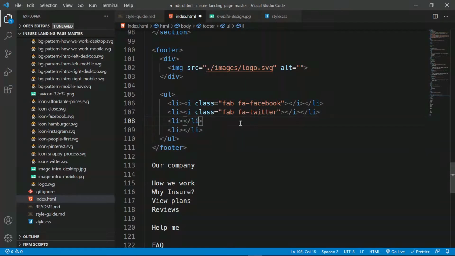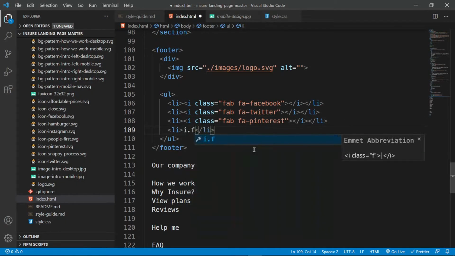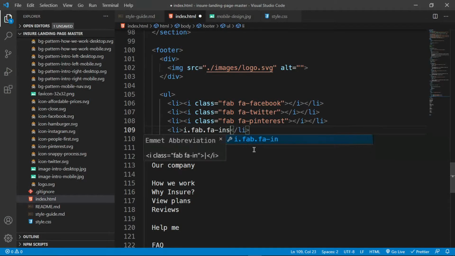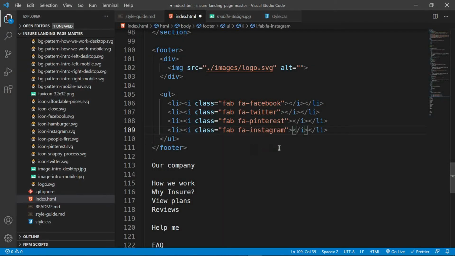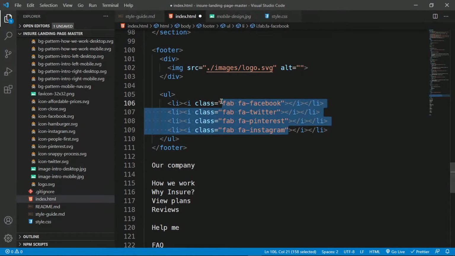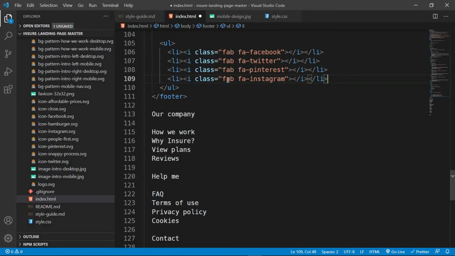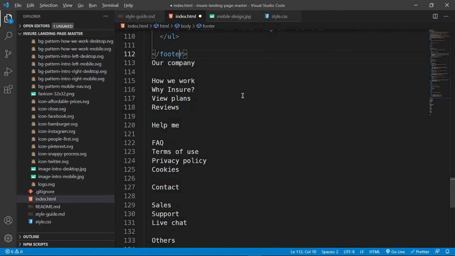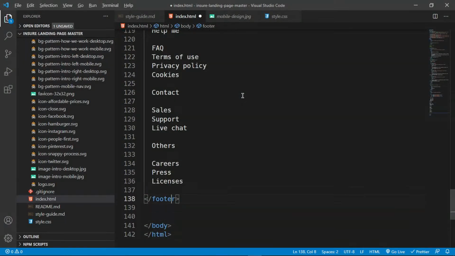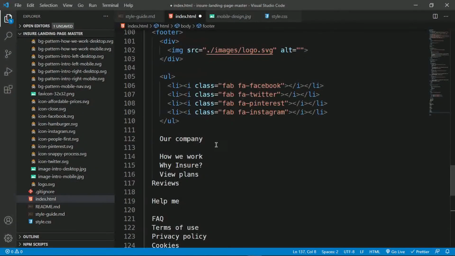fa-Twitter. And this is going to be i.fab and fa-Pinterest. And finally, this is going to say i.fab.fa-Instagram, like that. And if you're wondering why these classes, please go and look at the Font Awesome documentation, and you'll get more about these icons, how to add icons. And then finally, let me move this footer downwards all the way to here,